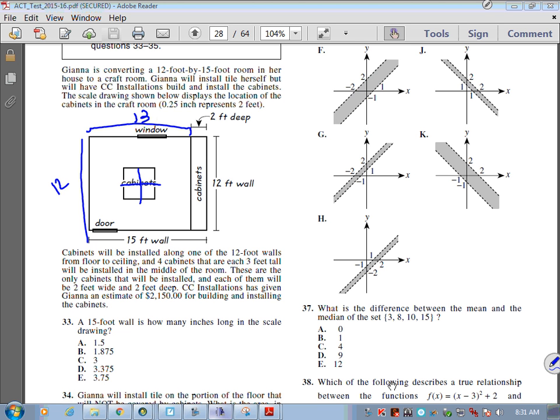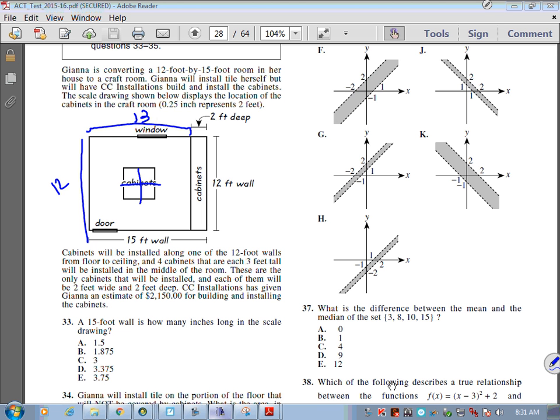Yeah. And then it tells you, but I had to read the wording here a few times in order to understand this. Okay? What they're saying is that cabinets will be installed. Of course, we've got this. And even still, this was a little confusing because it's going to give me information that applies to the cabinets along the wall as well. But they're going to tell me,